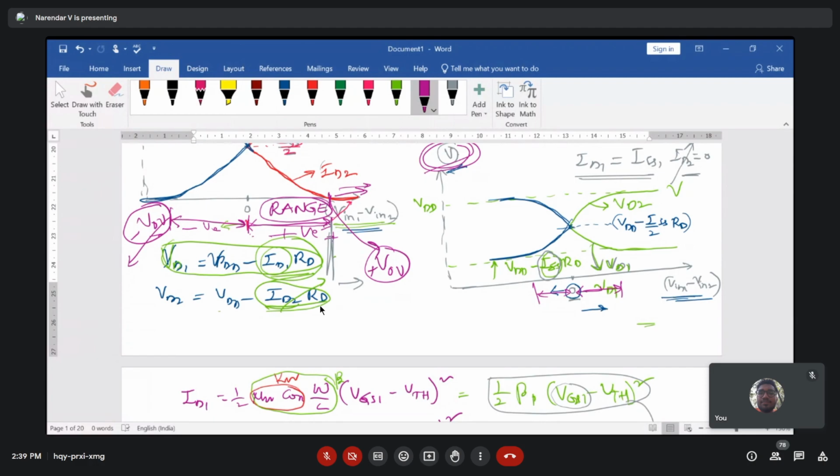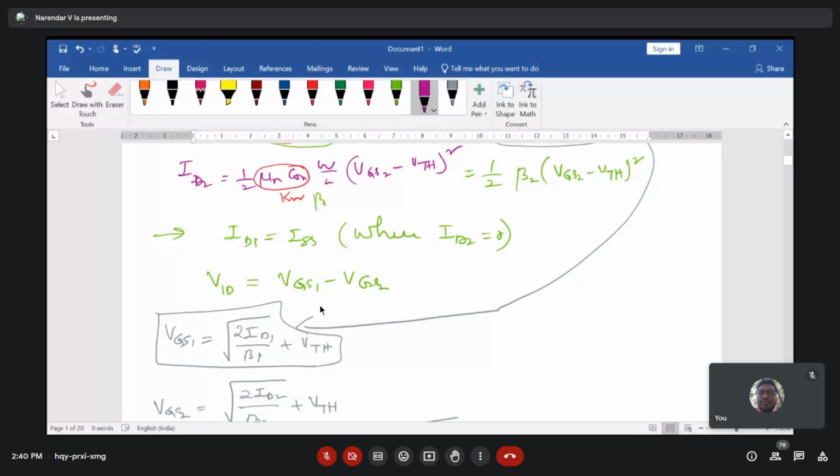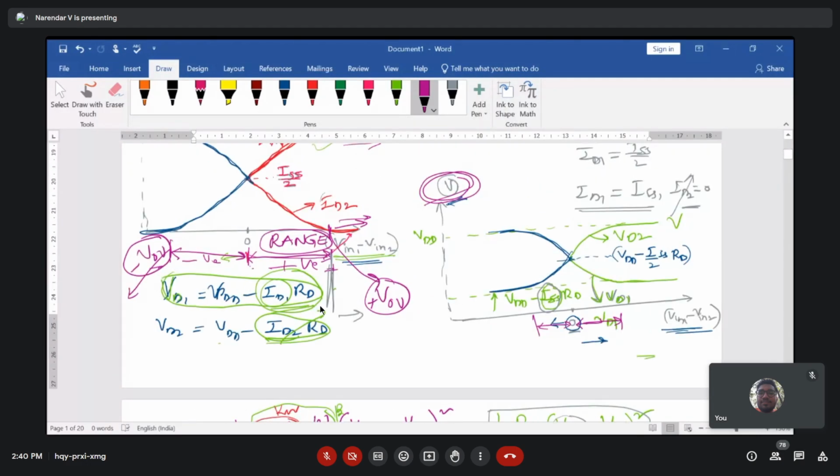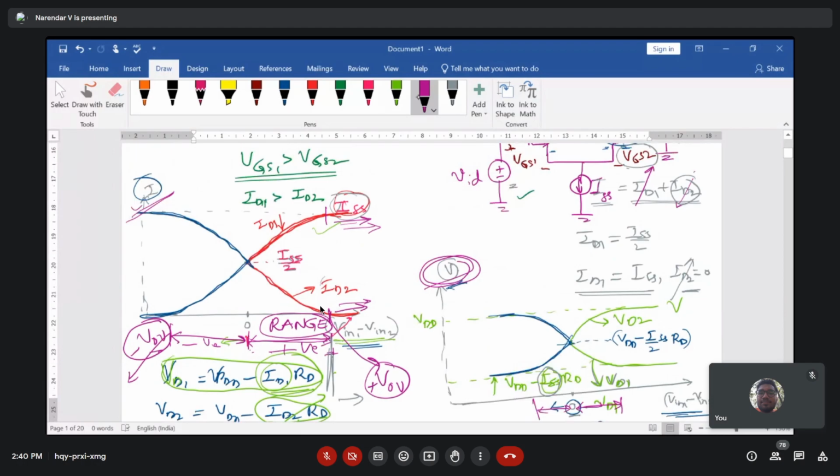And what is as minus VOV less than VID less than plus VOV. That is the range of your differential amplifier, right? Now, if you take this current variation with respect to differential voltage variation plot, if you take